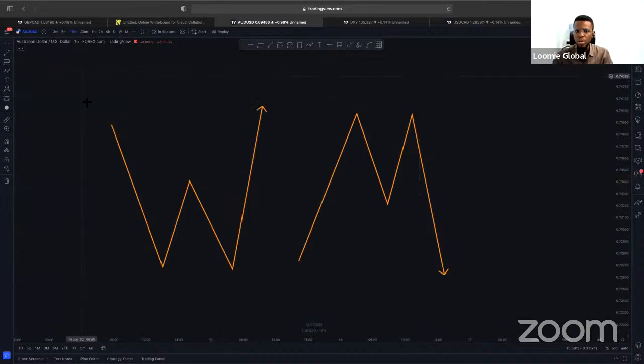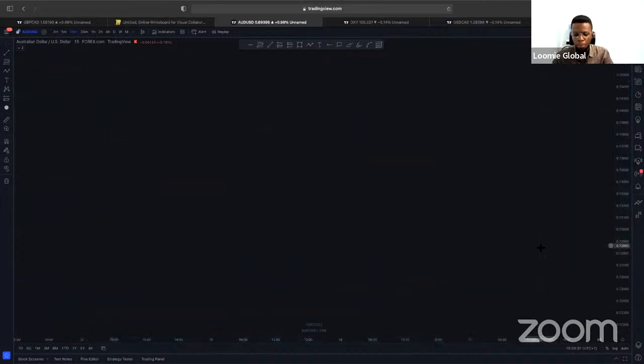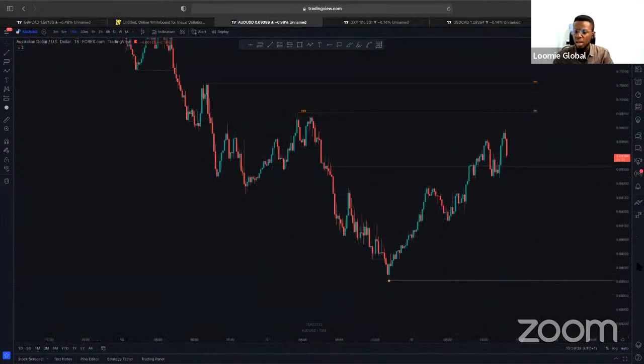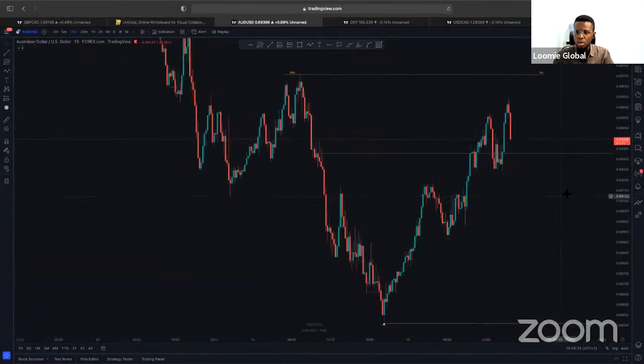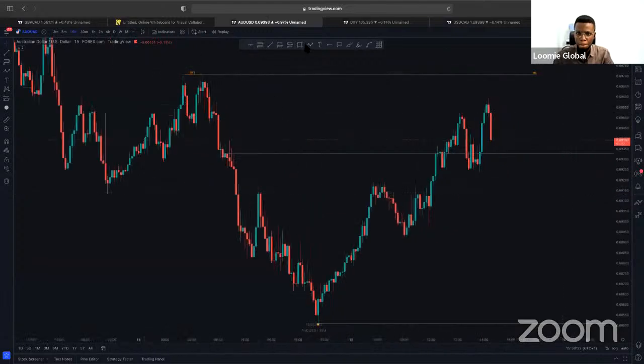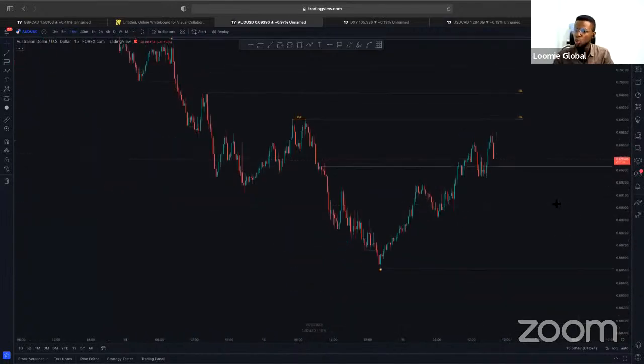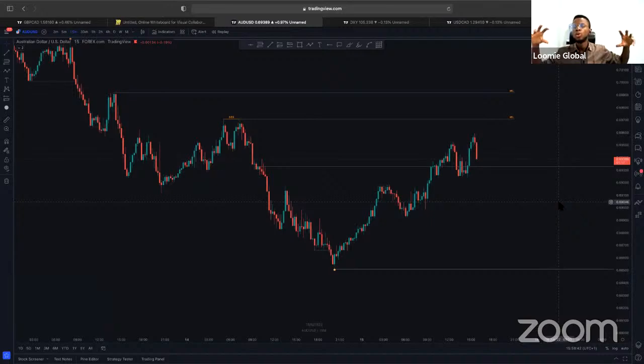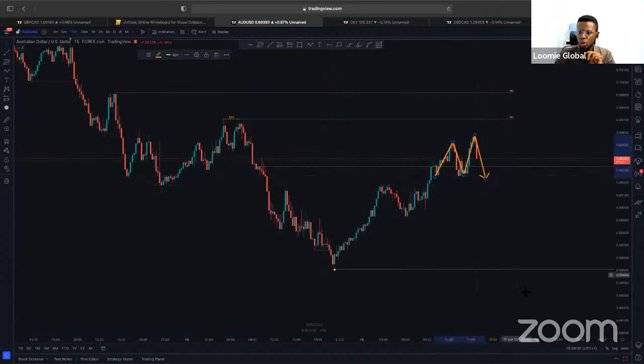So I just wanted to put that out there so that you don't get confused when I start saying we have an M pattern and a W pattern here, right? Now another thing I need to add is this, that your pattern formation should be in line with your other analysis, right? So I will not just come to the chart and say, I'm seeing an M pattern here, it means price is going to fall. For example, someone will come to the chart right now and say, it looks like we are having an M pattern forming here, and then I'm going to expect price to fall all the way down. That is not all you need to make an informed decision.